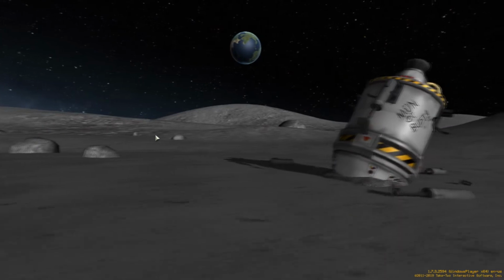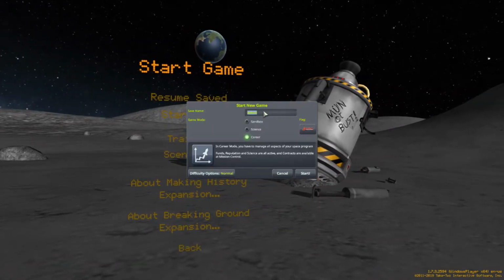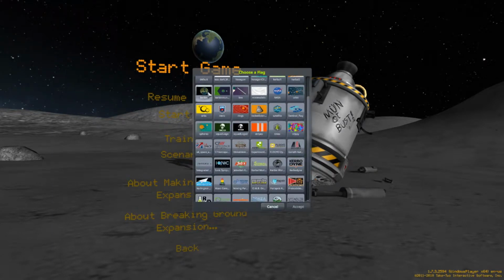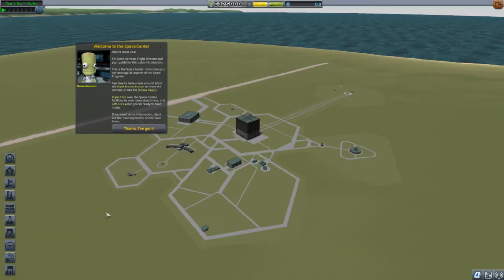So, we're going to start a new game. We're going to call this one... I don't know. Bad Career. We're going to do a career game. Personally, I like the Kerbal flag. And difficulty normal is fine. Start. So a lot of this, they really don't tell you much. So if you're curious about actually playing this game for sure...